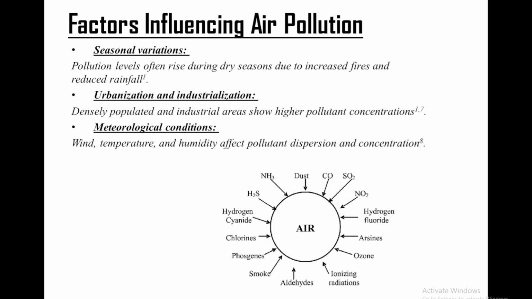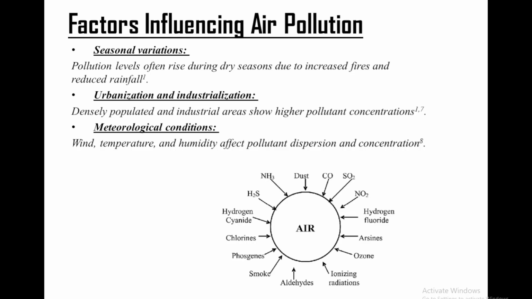Urbanization and industrialization also play a pivotal role. Densely populated areas with high traffic volumes and poorly regulated industries will often experience consistently high levels of air pollutants. The design of urban infrastructure, which includes street canyons and building geometries, can also trap emissions and exacerbate exposure. So, the geometry of the buildings will also dictate whether the pollutants will remain trapped in place or whether they will be allowed to flow.